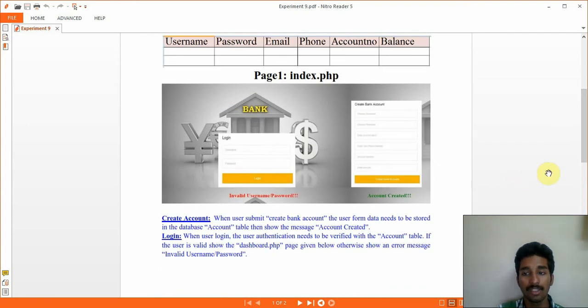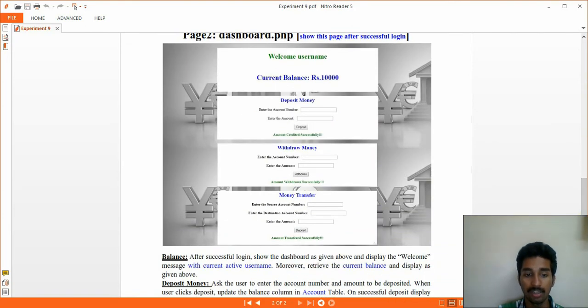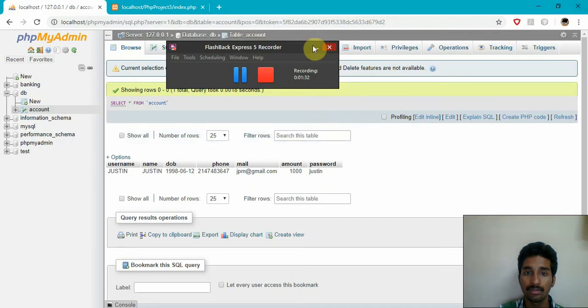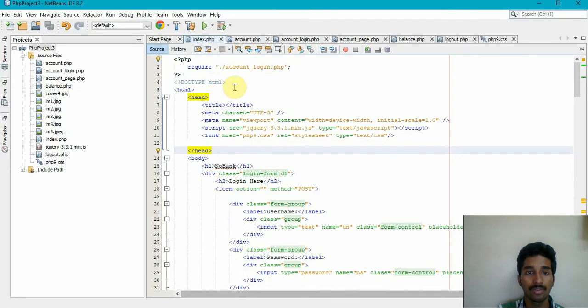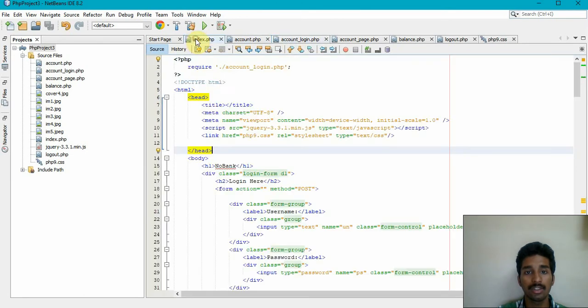This is how the first page should look: index.php. And then this is the second page. So I have already done the coding. So this is what the index page is. Question mark PHP and then the closing. This is how we include a PHP file in the document, and then require account_login.php. So all this database connectivity will be taken from this account_login.php,